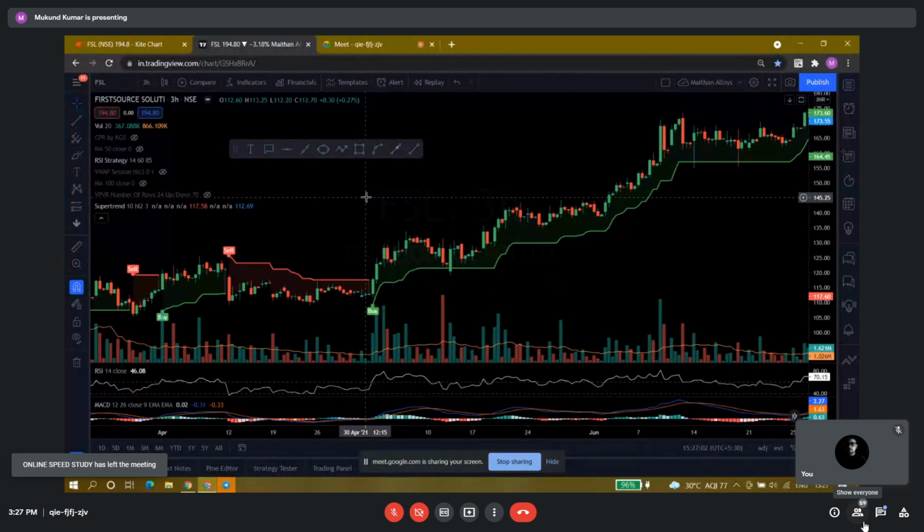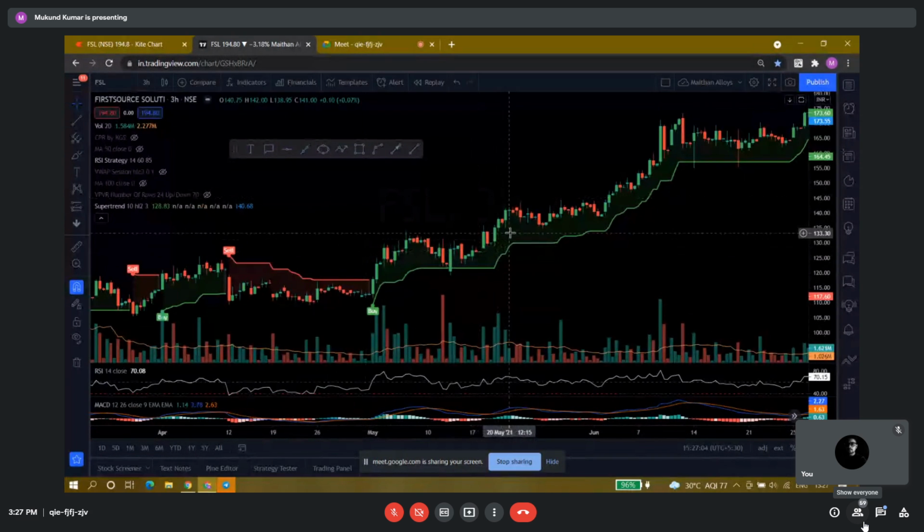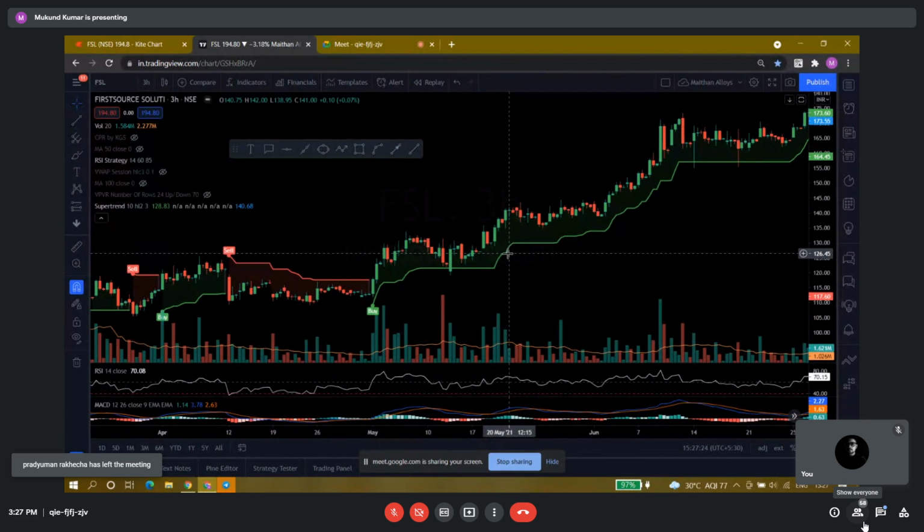Suppose after market hours you get some time, obviously you will get some time. You just see this chart. Obviously, you will get a trailing stop loss. You simply change your stop loss to this level. You don't have to give enough time to this. You don't have to continuously watch it. Whenever you see this chart, you simply have to trail your stop loss. Nothing else. There is no more time to allot.